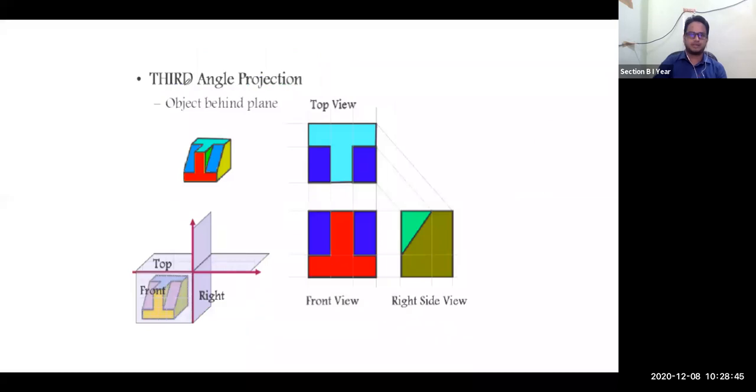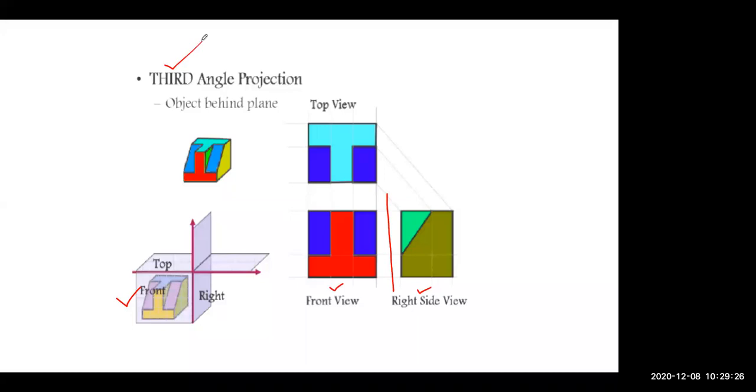Now, this is third angle projection. Means the same object is there, but it is now placed in your third quadrant. So if you look at this object from the top, again you will be able to see that light green and this dark blue color. If you look at it from the front side, you will be able to see that red face as well as that blue face. When it comes to the right hand side view, see where the right hand side view is coming now. If this is your front view, it is coming to the right hand side. Why? Because this is your third angle projection.